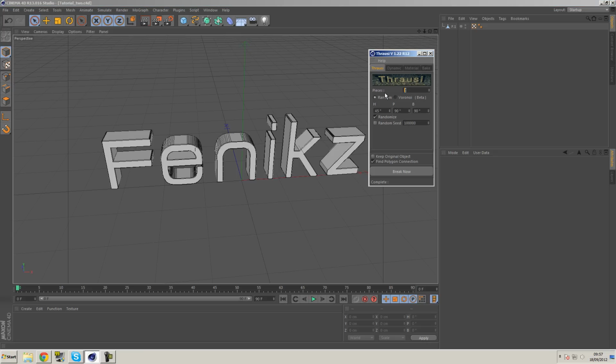So I'm going to go to maybe about 20. Now the other one was 40. I fractured each object 40 times. I'm going to go a little bit lower just to make this tutorial a little bit faster for you guys. And yeah, so the pieces, we want it to be cut 20 times. It can actually be random cutting whenever we want. The H, P, and B will basically give you different cuts, so just leave them as default. Of course, keep randomize on. You can have a seed if you want. And that's basically it. You just want to keep everything default, just change the number of pieces, and then hit